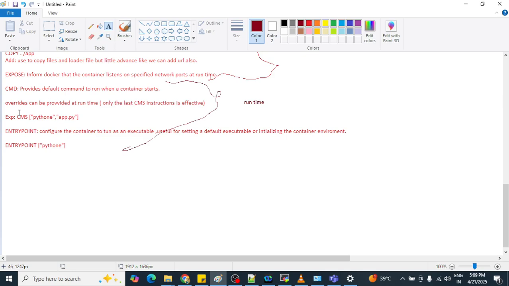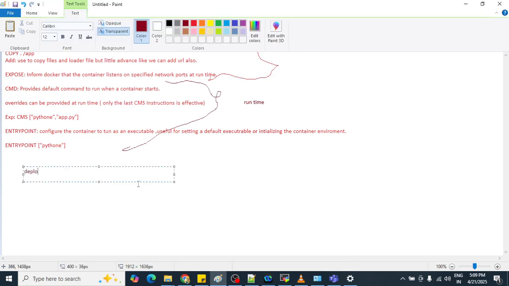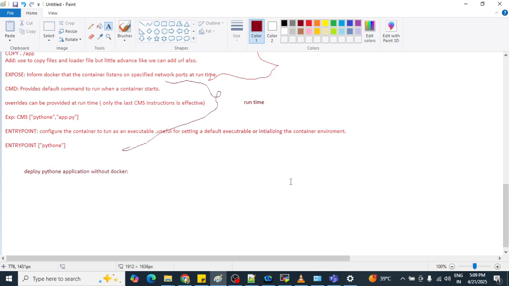Let me try to write it here. Suppose you want to deploy a Python application without Docker. Just forget about Docker here.